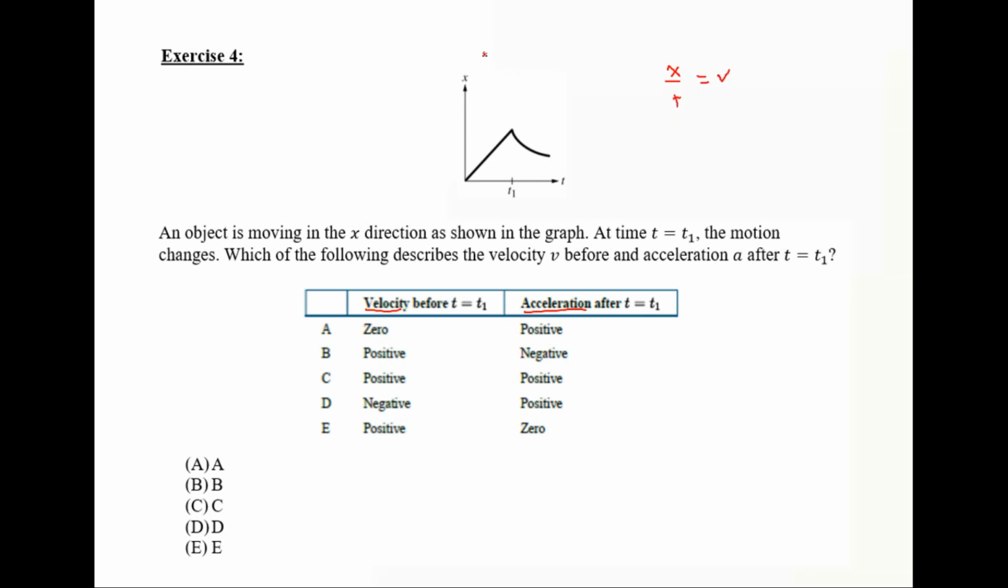Now this is 1 and that would be 2. For the first one, what do we have? The position is increasing, so v is positive. And what about the variation of the velocity? It's a straight line, then v is constant. For the second interval,